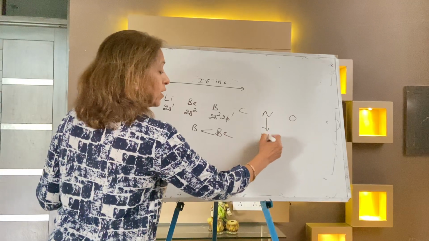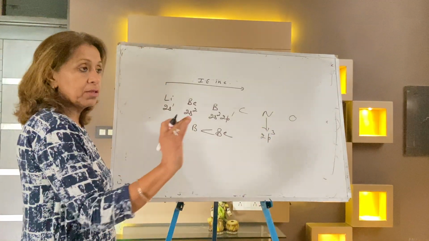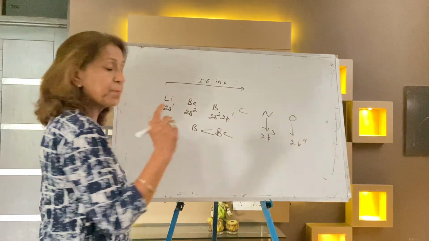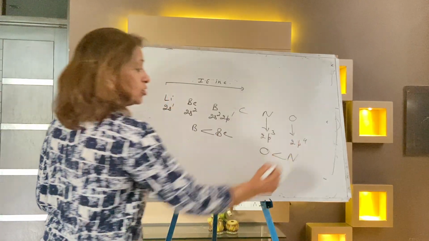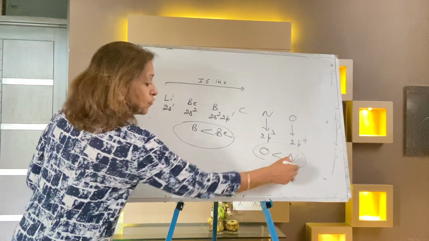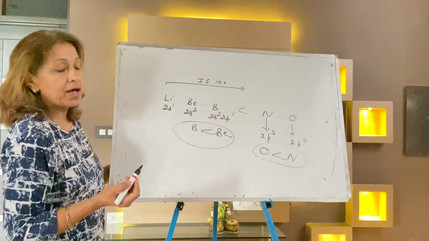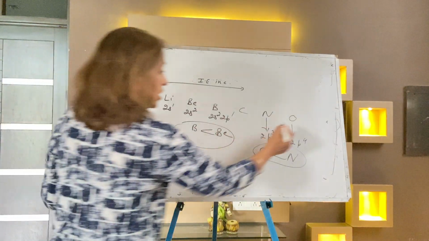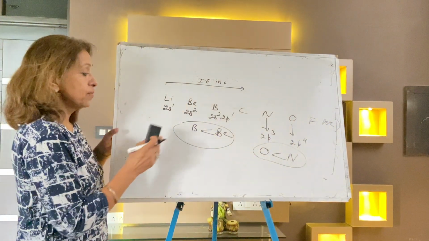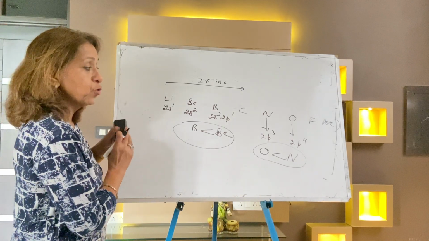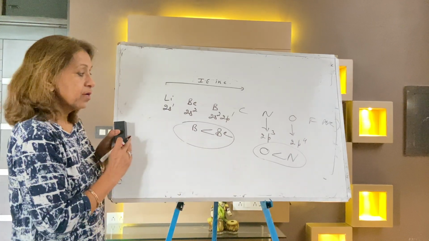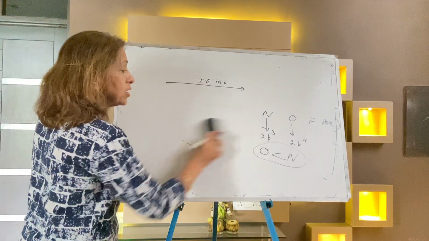Now carbon, nitrogen, oxygen. Nitrogen is 2p3, exactly half filled, all the p orbitals are half filled, and oxygen is 2p4, unstable. Ionization energy increases in a period, but oxygen has less ionization energy than nitrogen. This is the second exceptional case, and it is only due to the configuration. The more stable the configuration, the higher the ionization energy. After that there are fluorine and neon. Noble gases have very high ionization energy because they have completely filled subshells, so it is very difficult to take out an electron from a noble gas.